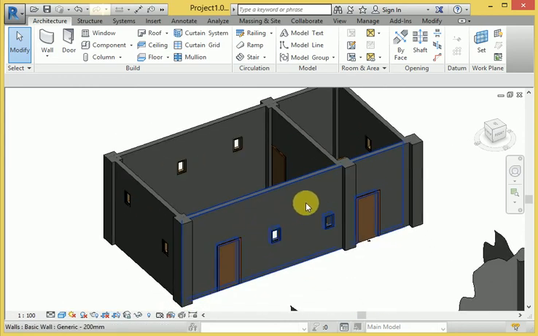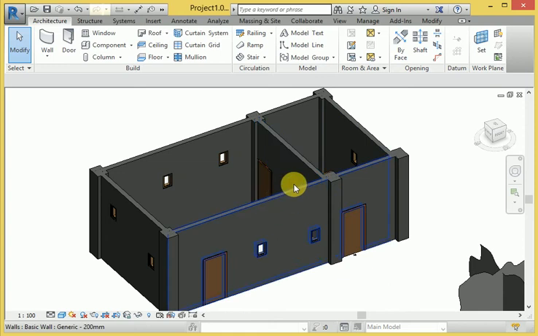This is very useful for architecture 3D model design. It depends on the number of joints, the number of connections in the house.